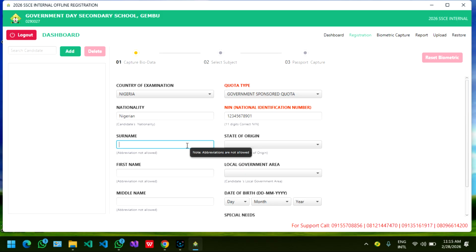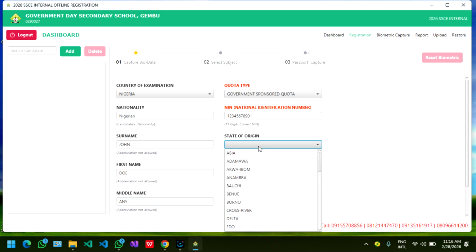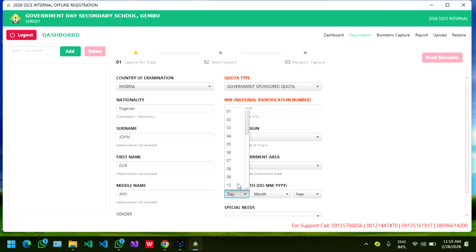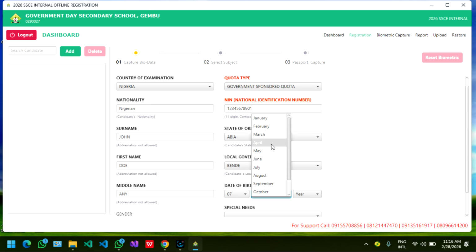Now let's try to fill this form, because the issue I'm talking about comes at the subject level. We have a student called John, and his first name is Doe, and we have a middle name, Any. Now this student could be from Abia State and the local government is Bende, and the date of birth of this student is 7th of April